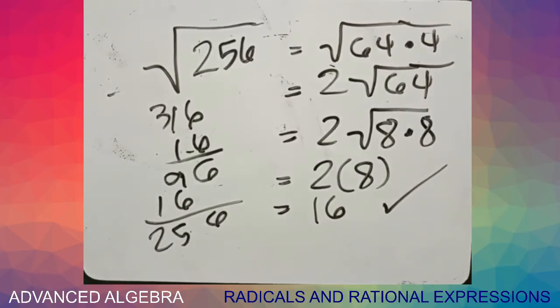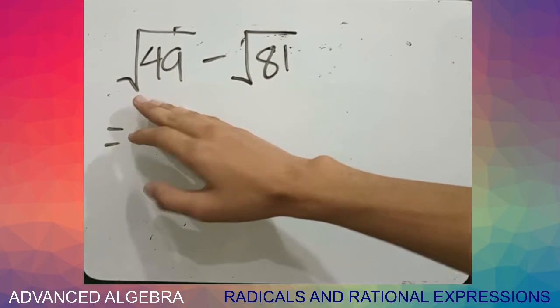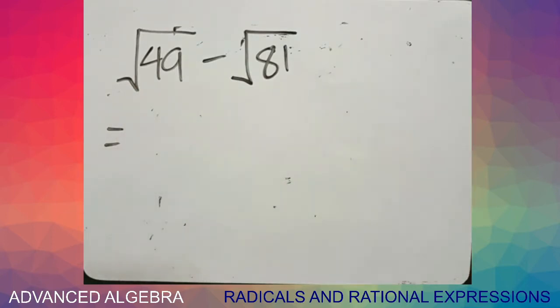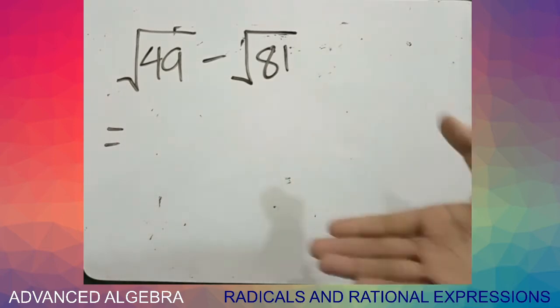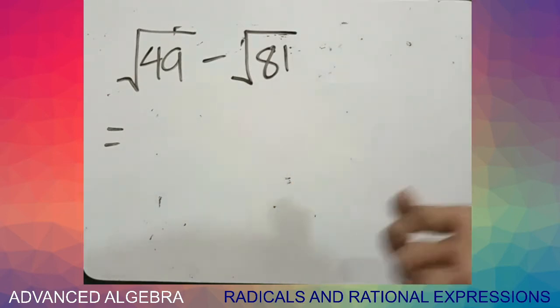So, next example. Okay, the square root of 49 minus the square root of 81. So, magkahiwalay naman. So, ang gawin natin is, kunin muna natin si square root ng 49 tsaka square root ng 81. Saka natin siya pag-minusan kasi magkahiwalay naman sila. Okay? So, sabi dito, kapag nasa grouping symbol, kailangan mo munang i-simplify yung nasa loob or yung mismong grouping symbol bago mo siya